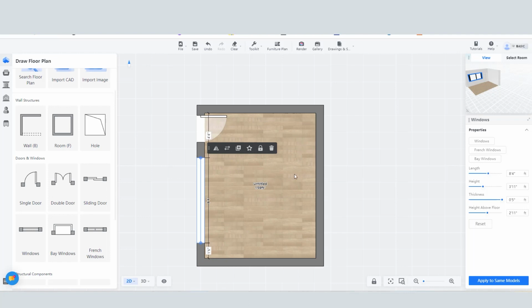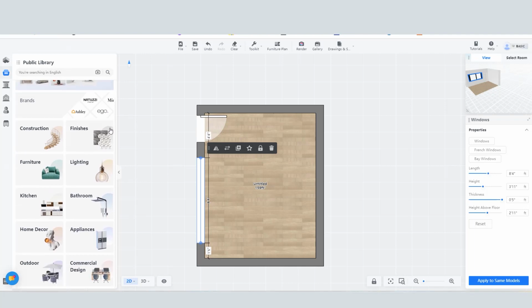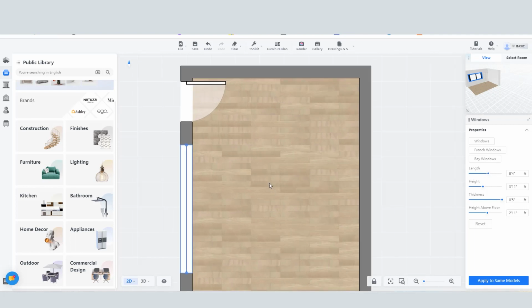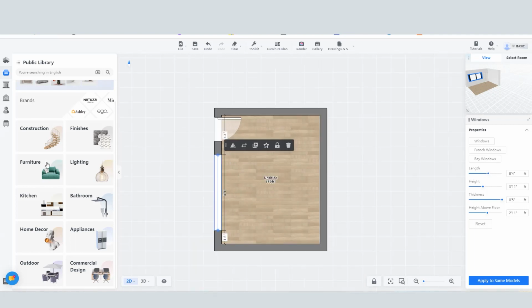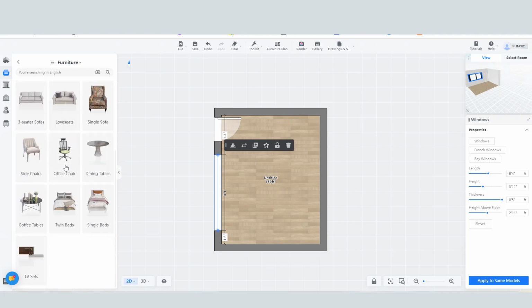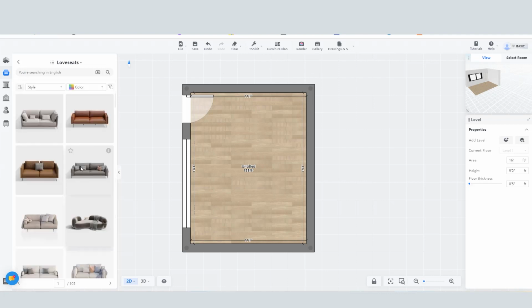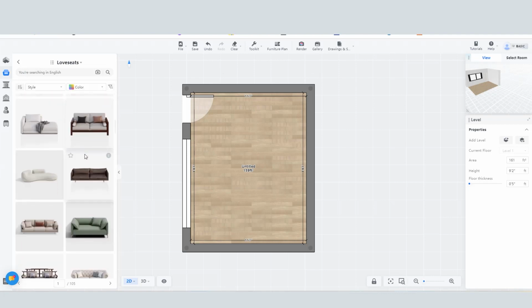If you want to put furniture in this room, you have to click on public library. You can find there are lots of options of furniture. You can find construction, lighting, furniture, kitchen, bathroom. Now I want to create a drawing room. I want to put a sofa. Then I click on sofa and you can see there are lots of options about sofas. If you want love seats, you can click on this and now you can put